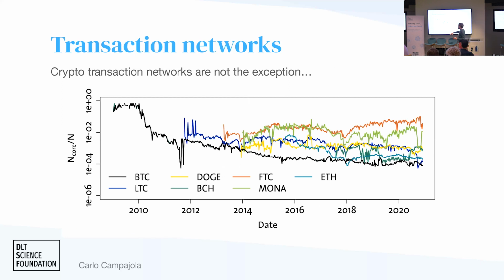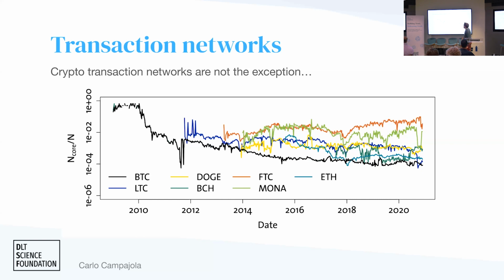And here you have exactly that. So here you have the number of nodes that lie in the core of a network compared to the total number of nodes in that network. And you have the historical time series here. And you can see that basically for all of them, this fraction is relatively small. It goes basically from 1% to 1 in 10,000